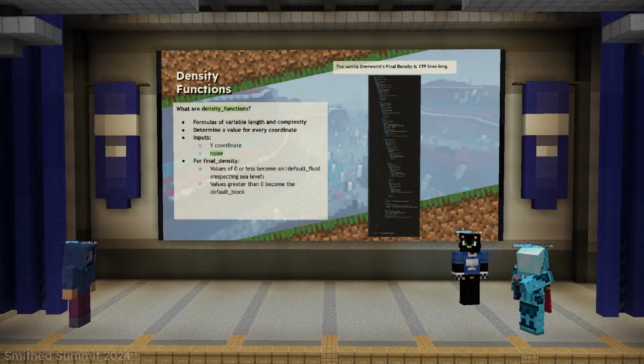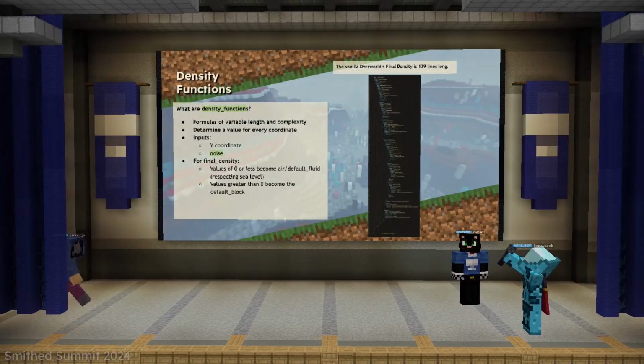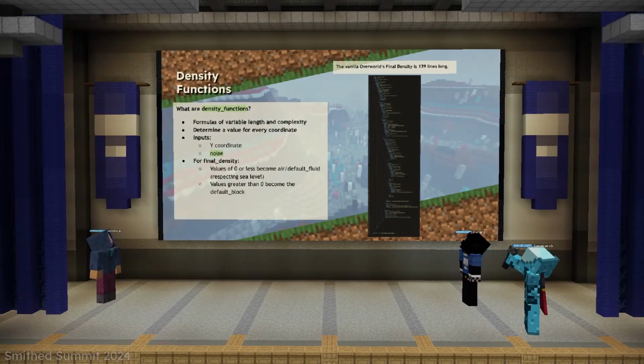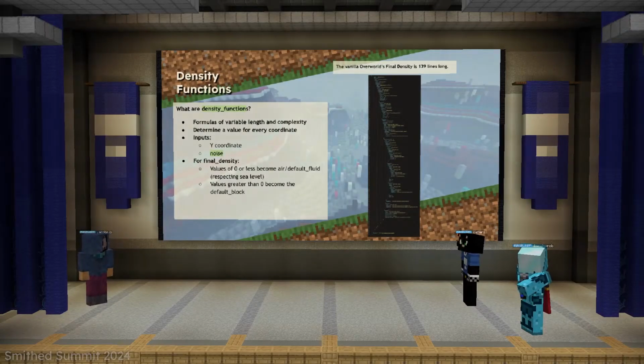And values that are greater than 0 become that default block, that stone or netherrack. To give a little bit of context, the vanilla overworld's final density function is about 139 lines long. A little hard to see here zoomed out and at this resolution, but obviously some of those lines, especially down at the bottom, are just opening and closing brackets. But you see there's quite a lot of content there, and you can kind of see how they flow in